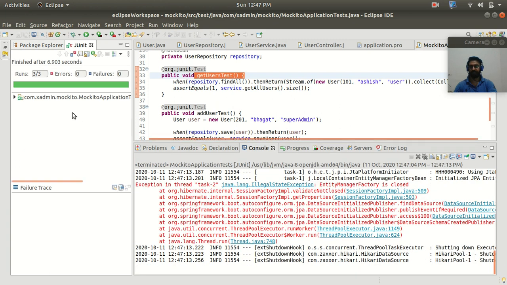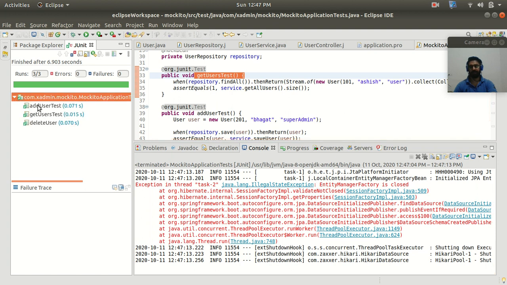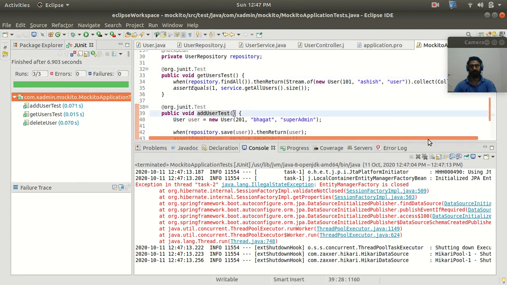All right, and you can see that we got a green here. It means that all our tests are passing fine: add user test, get users by data, and delete users. So this is how we write Mockito for our unit testing.